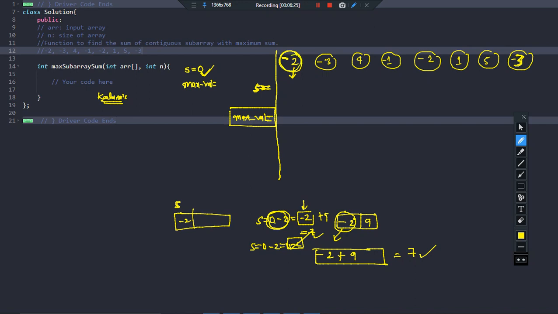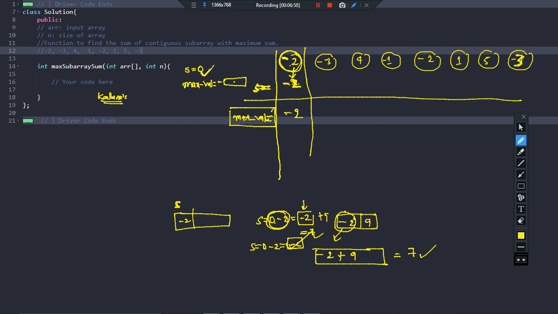Okay. So first of all, what we'll do, the sum will basically be -2, right? And now you will observe the maximum value at -2. Obviously the initial maximum value is a very small integer, minus some large value. This is very small, okay. So comparing this small value with -2, obviously -2 is better. So -2 will be the value of max value observed in this particular sub array so far.